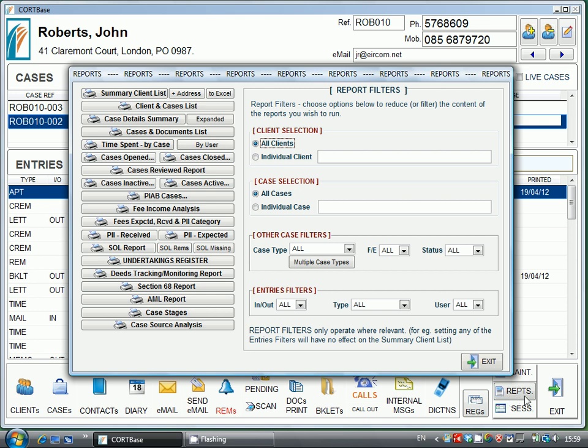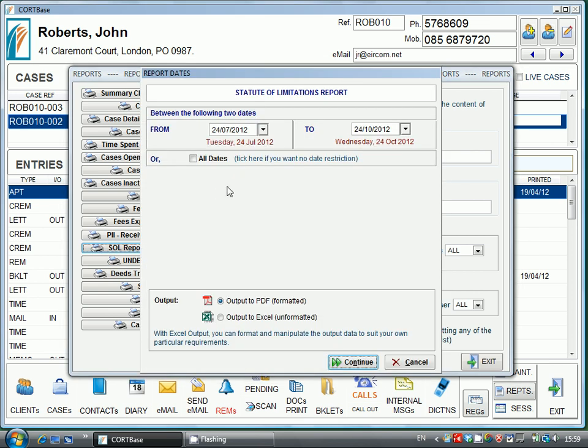So I click the reports button down here, and this screen pops up, and we see one of our reports is the Statute of Limitations report. And if I click on this, I can choose the dates to look at, or I can just look at all dates. I can output the report to either of these formats, to a PDF, which is an Adobe PDF document, which nobody is able to edit afterwards, or you can output them to an Excel document if you wish, which is a spreadsheet. But I'm going to output it to PDF for this. I click continue,